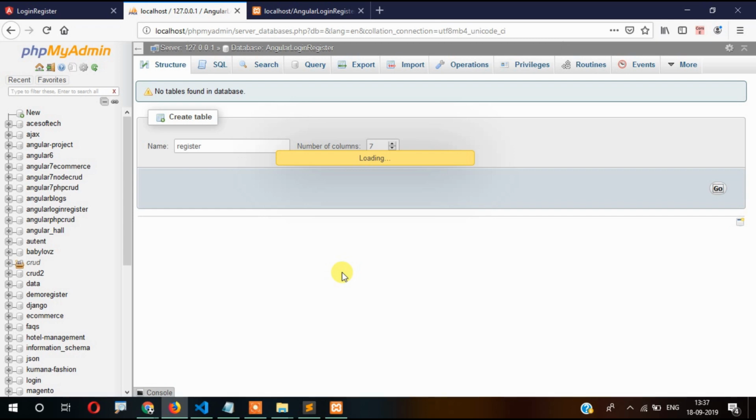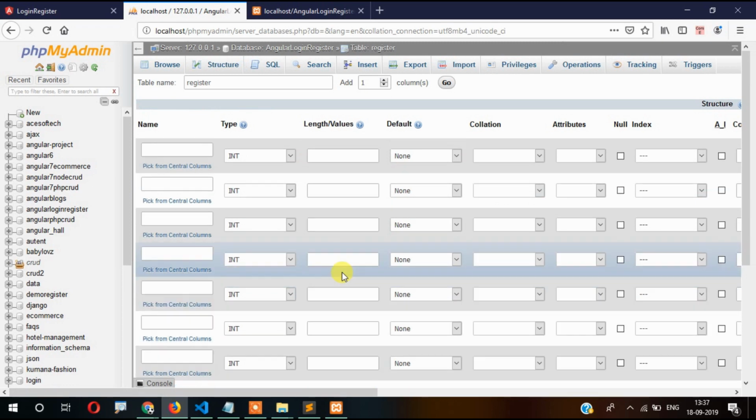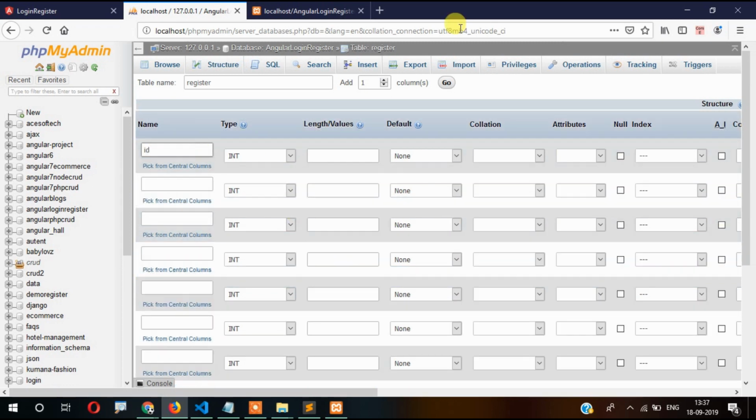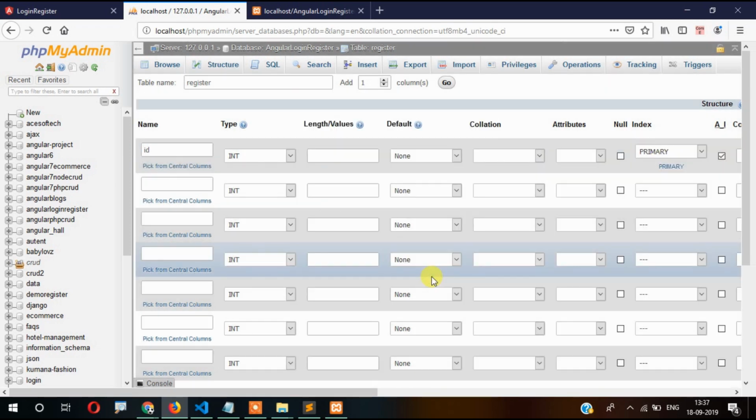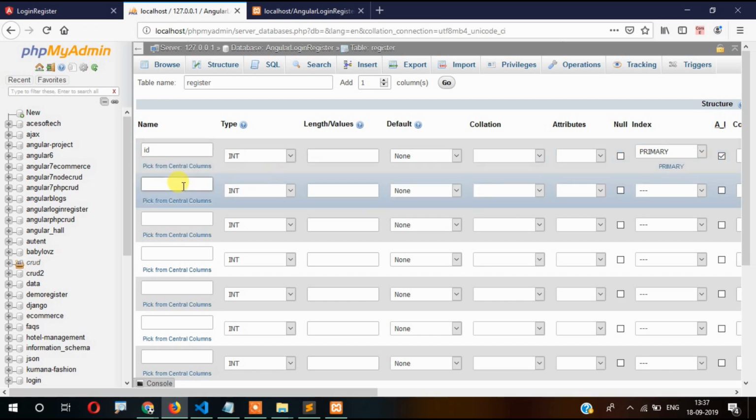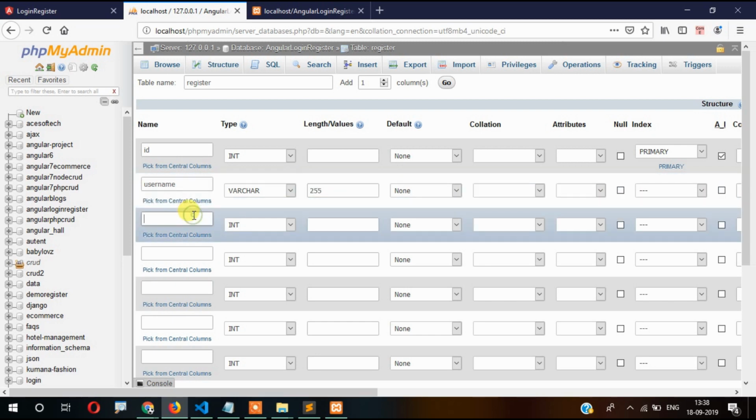ID, and then click here as auto increment and then go. So primary key and auto increment, and then user name, so it will be varchar 255, then password varchar 255, then